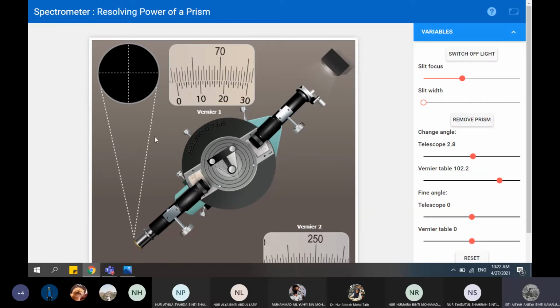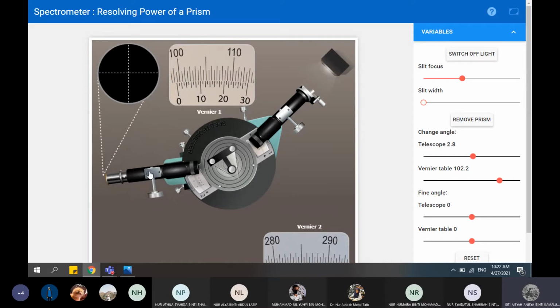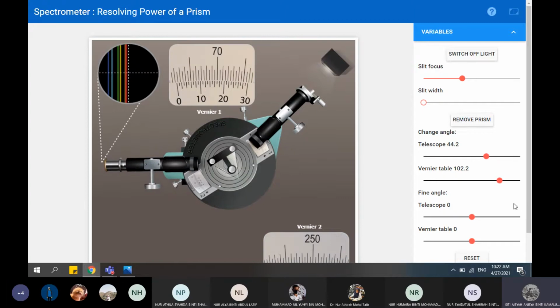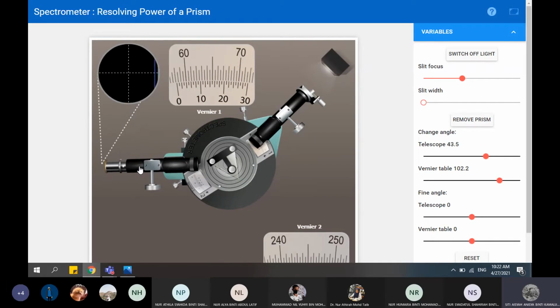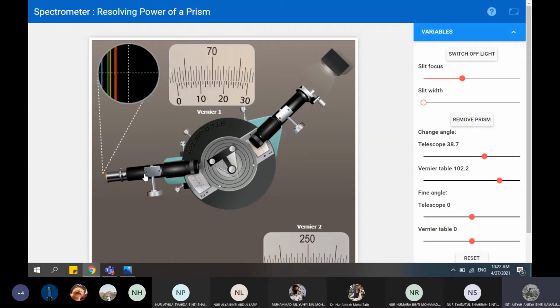We find the angle of minimum deviation for different colors. So we move back again the telescope so we got the different color here. Okay. So how to find the angle of minimum deviation? As for me, after I turn this telescope here, we slightly turn using fine angle. We slightly turn the vernier table,